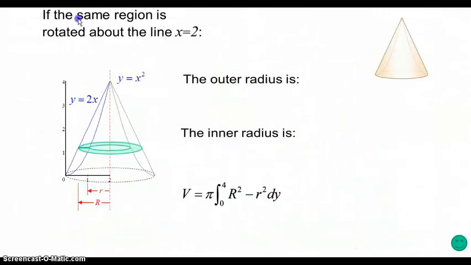So we have the same region. I know all three of these examples use the same region in the plane, but I want you to see that we can spin around any horizontal or vertical line, the x-axis, the y-axis. Here is a vertical line in the plane. It's the vertical line x equals 2. So here's the vertical line x equals 2, and we're taking this region, if you can see it here, and let's say we anchored this point and we were able to pick up this area and just spin it right around this vertical line x equals 2, we're going to have a three-dimensional solid that's going to look